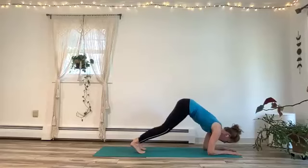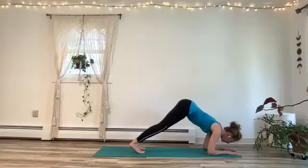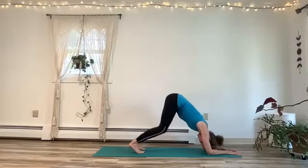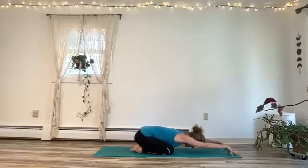3, 2, 1. Hold it low for 5, 4, 3, 2, 1. Dolphin pose for 5, 4, 3, 2, 1. Let's drop the knees, child's pose for 5,